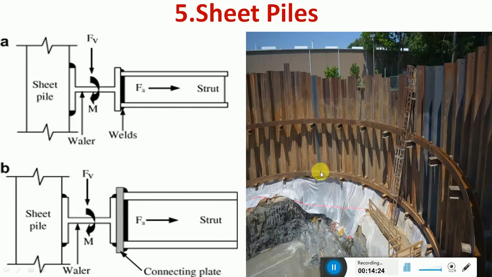As you can see, the excavated area is very large. Maybe for tunneling works, or sometimes you may have to do a very deep excavation, for example for construction of metro lines and all underground. Under those circumstances, and also if you want to lay a very large sewer, an outfall sewer, whenever the excavation area in terms of width and depth is very large, then we will go for this type of piling.